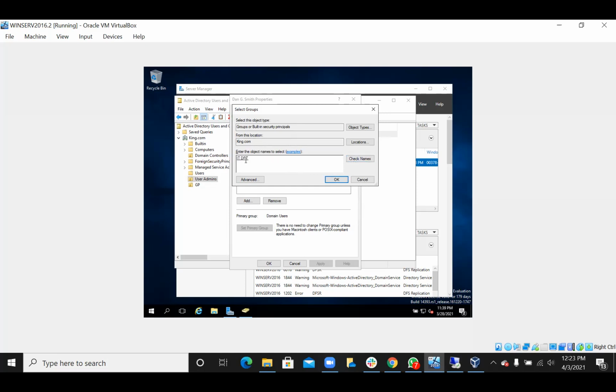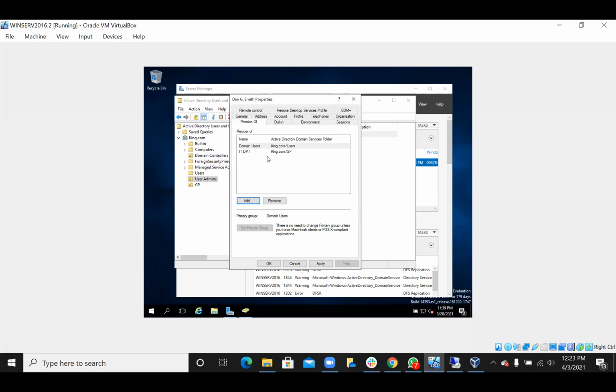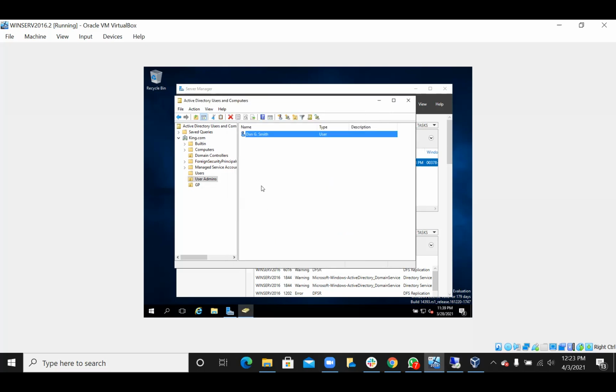See how it showed up? You can just do IT, do check, then I do okay. Now, Dan Smith is a member of that group. I don't have to go into Dan Smith's account. Let me do apply. Okay. If I go now to GP right here,